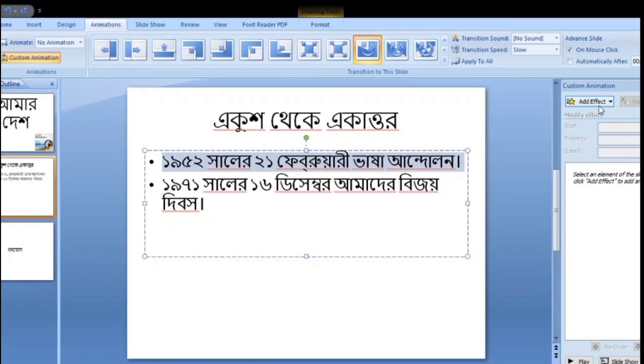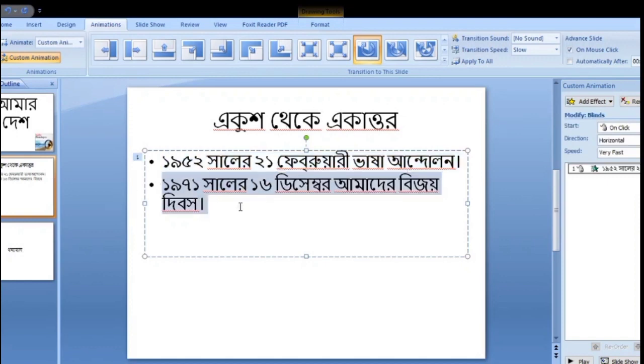To combine animations, select Add Effect, then click on Entrance. For the first line the choice is Blinds. Then select the second text for the second line, select Add Effect, choose Entrance, and choose the effect Fly In.